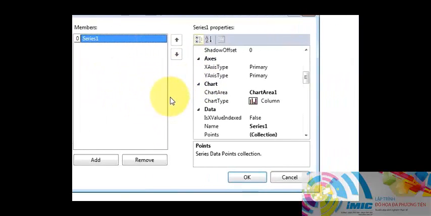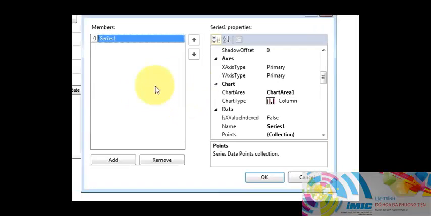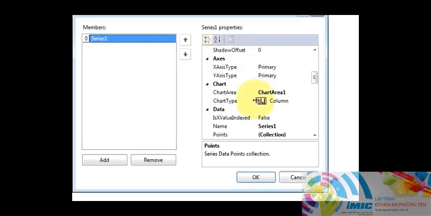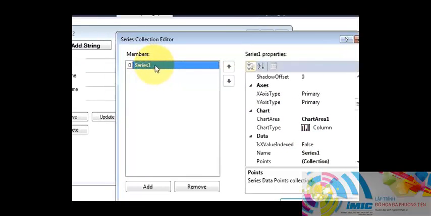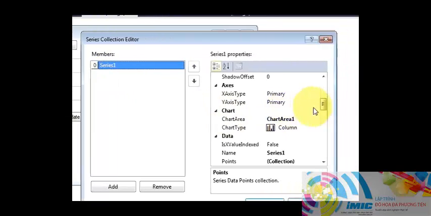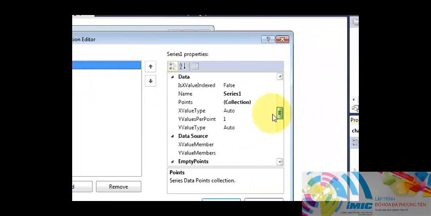So for example, you want to show the name versus age chart of column type, so it will show bars on your chart, right? And I want to change this series name to age, so I will go to the name here and I will change it to age. Okay,